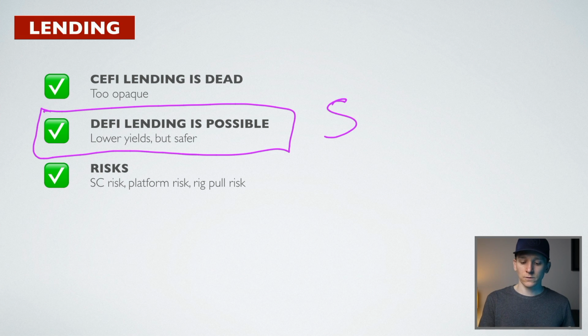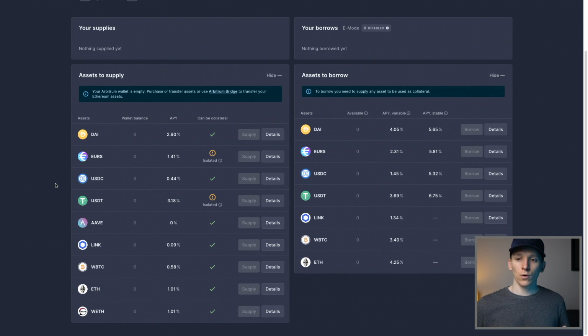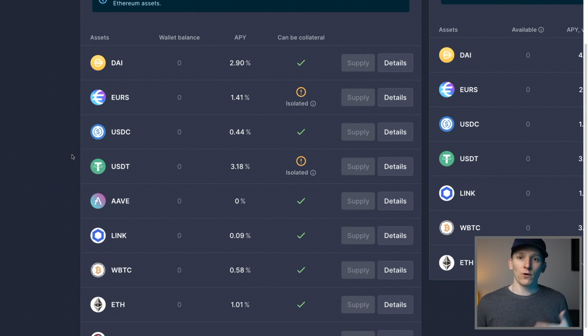DeFi uses smart contracts. That means you put an asset onto the decentralized platform, and the smart contract dictates the terms that you get. You keep control of your assets. They're on the blockchain. You keep custody of them. And you may lend them out to someone, but they do it on an over-collateralized basis, meaning let's say they want to borrow $100,000 of a stablecoin because they're a market maker and they need some short-term liquidity.